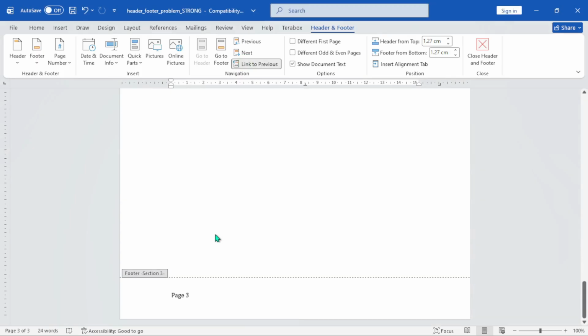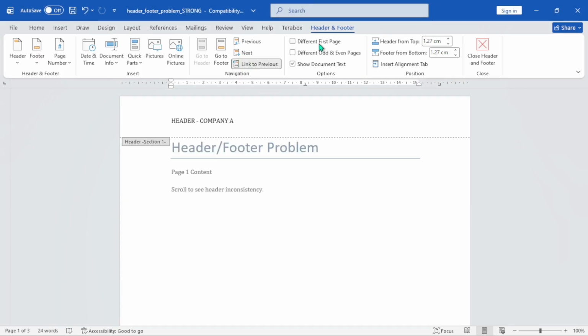It changes automatically. So the quick fix is to check Different First Page, and if that's not the culprit, then check Link to Previous. If it's not turned on, it means individual pages have different headers. That solves most header and footer